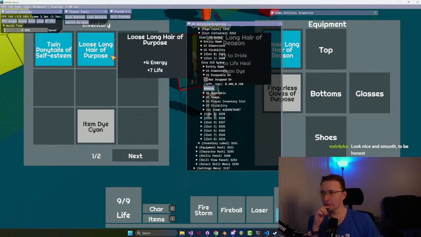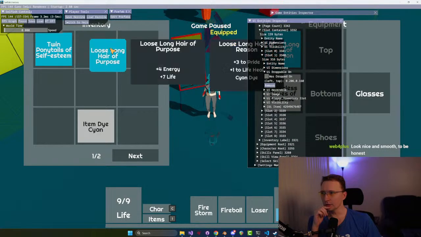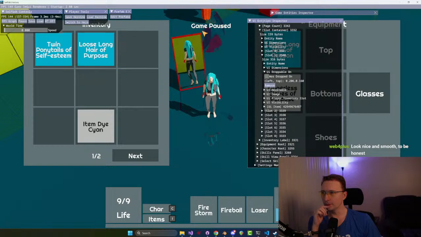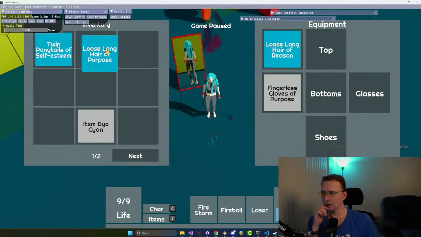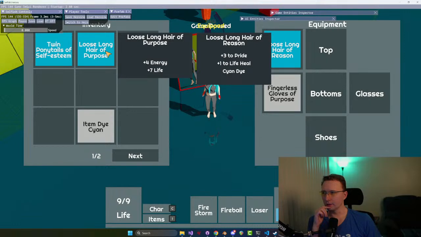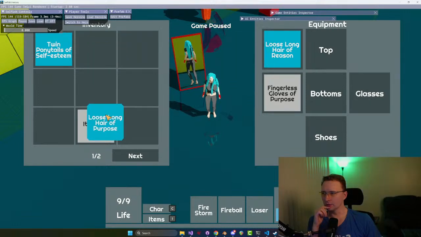Yeah, it looks nice and smooth when you just do this on the same slot. Like this, that's fine. But I want to make that even more clear. One of the things I don't like right now is that when you drag and drop like this,